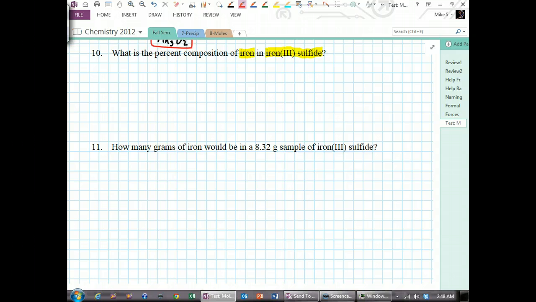Well, the first thing that you need to start with is the formula. Iron has a +3 charge because it's got that Roman numeral 3. Sulfur, when we look it up, is -2. Therefore, the formula for iron(III) sulfide will be Fe2S3. When you add up the molecular weight of 2 irons and 3 sulfurs,